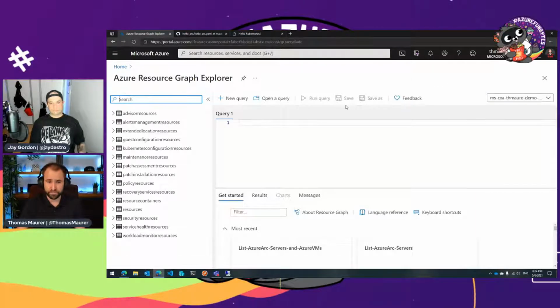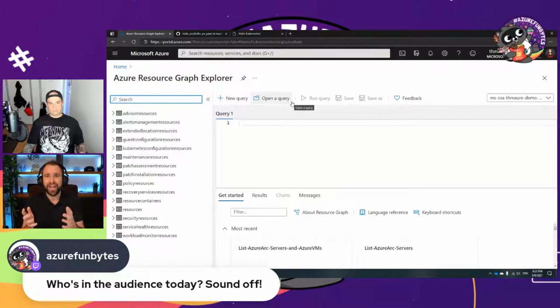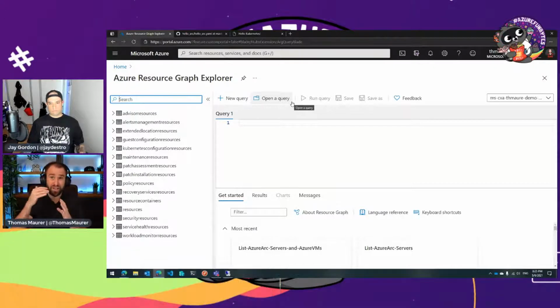Graph. Now, for those who don't know Azure Resource Graph, this basically gathers all the information about your Azure environment. So it's a very fast system to get information like how many virtual machines do I run, what networks do I have, and so on, right? If you ever run a Get-AzVM PowerShell command, and you have a couple of hundred virtual machines in Azure, this can take a while. But Azure Resource Graph caches this information, so I can run queries against it using the Kusto query